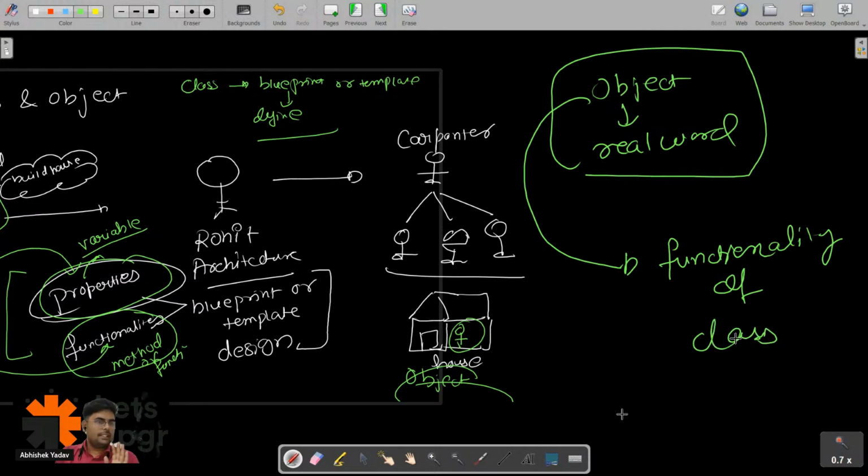Everyone is clear till this point? What is class, what is object, and why we need to create an object, right? In order to use the functionalities and properties of a house, first he wants the house, right? And that house is what? That house is your object. So the moment Anand has the key, he can access the floor, the room, the kitchen, and everything, right? So that is object and that is class. Anyone has any doubt in the class and object part, please write in the chat. Okay,